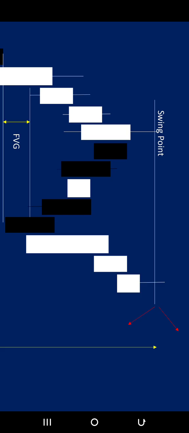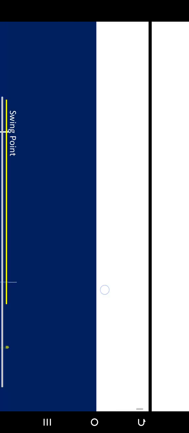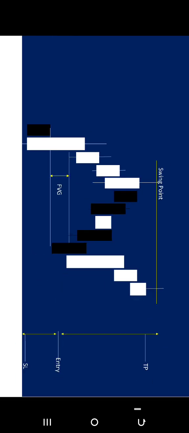Okay, so now let's take a look at how you would have approached this market. Look at it. You place your entry here, knowing fully well that this fair value gap is going to reject price. This is your entry. Now this is like a swing point, a turning point. So there is no way that price will come and take out this low. So you place your stop loss below it, which means your stop loss is safe here.